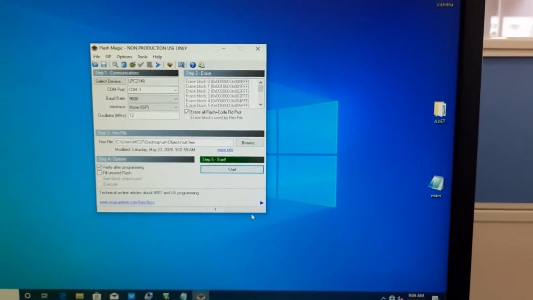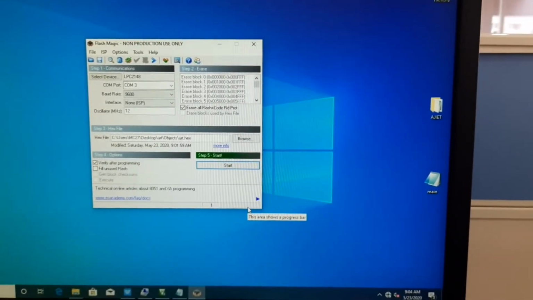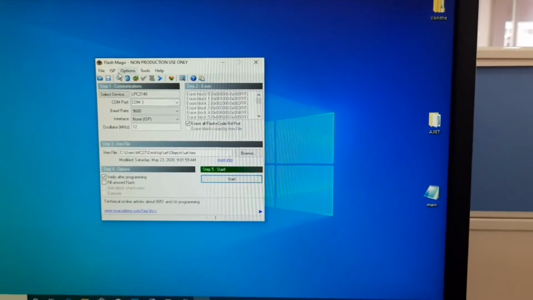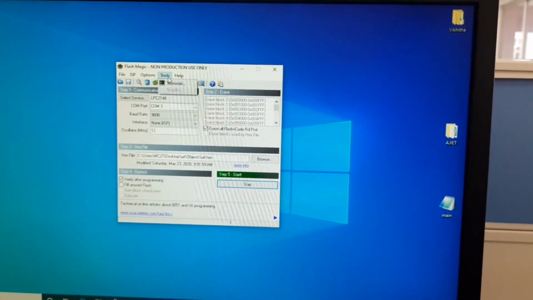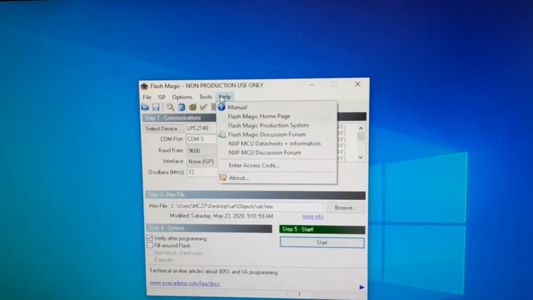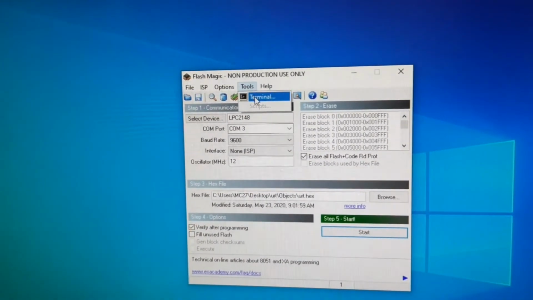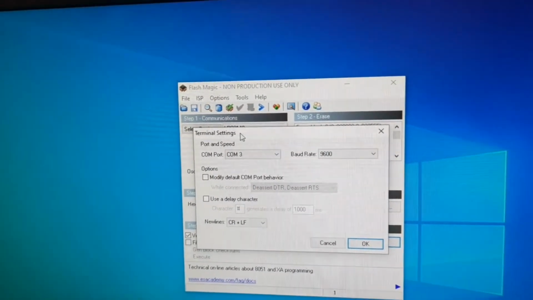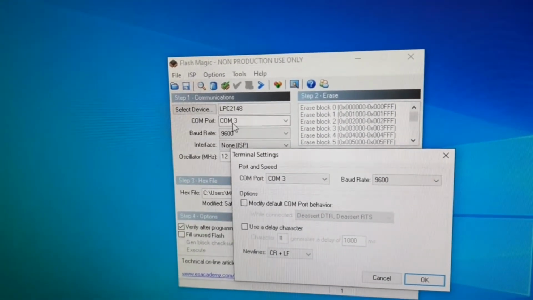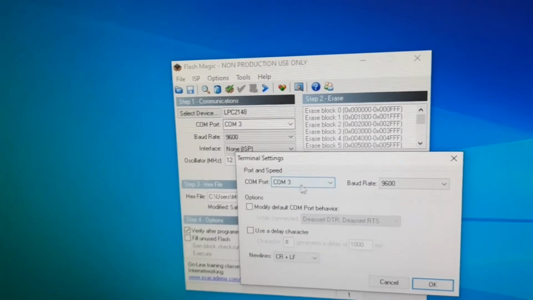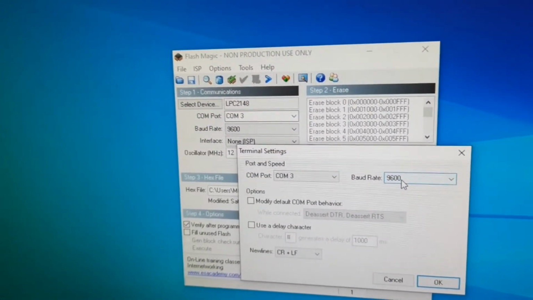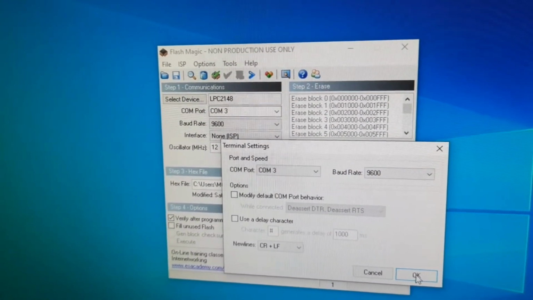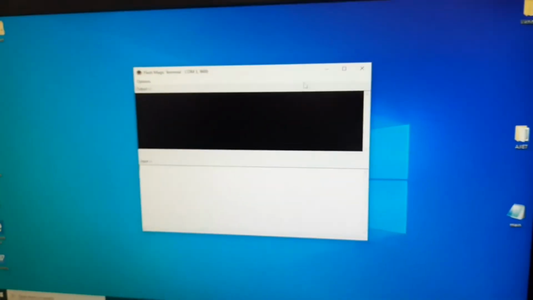Inside the kit we have UART. That UART will help to type or display your message. How? Let us see in this FlashMagic itself. Go to Tools. Here we have the options Tools, Help. Go to Tools, and here we have Terminal, click on Terminal. Whichever COM port you selected in FlashMagic, COM3, the same thing you have to select here also, COM3, and the baud rate is 9600. Here also we have 9600, the same thing. No need to do anything else here, just click OK. You will get one screen here.